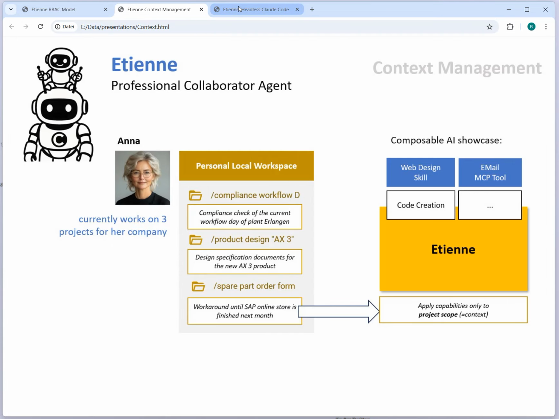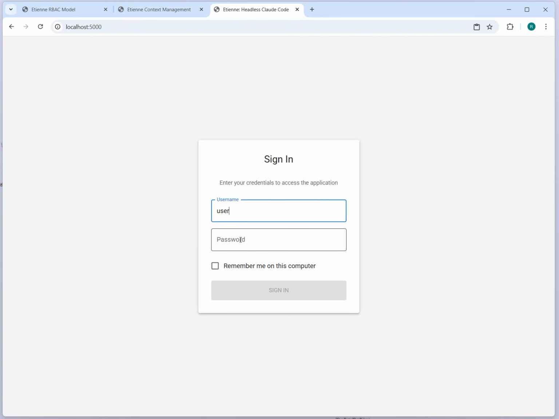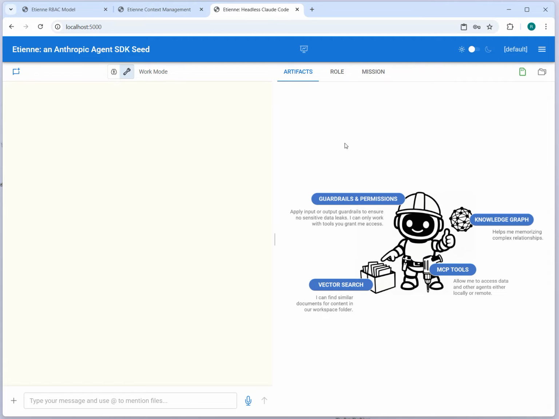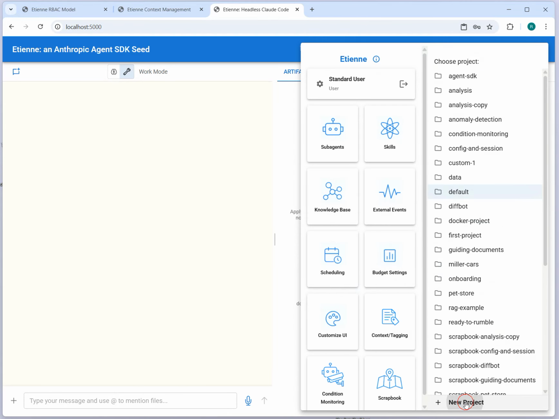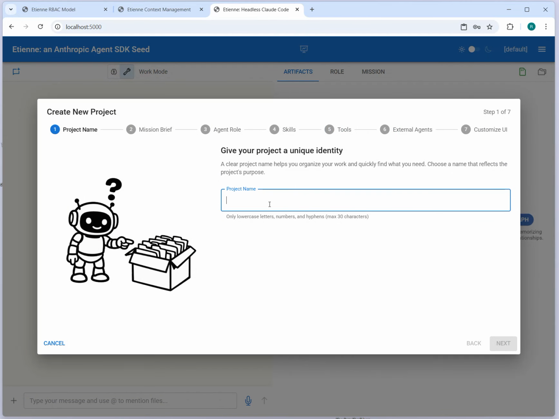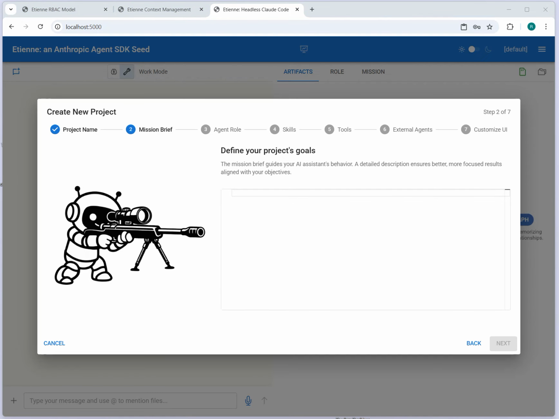So let's jump in and log into the user interface of Etienne. So we identify in the user role, and now we create a new project. So let's say this project is the spare part order, and we need to think